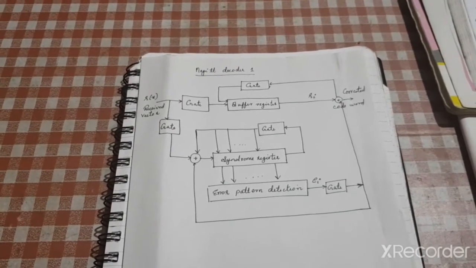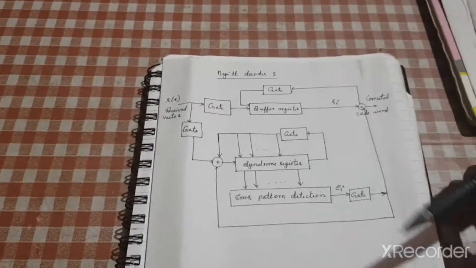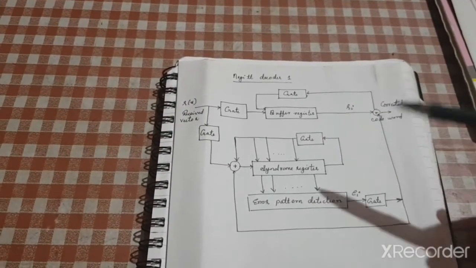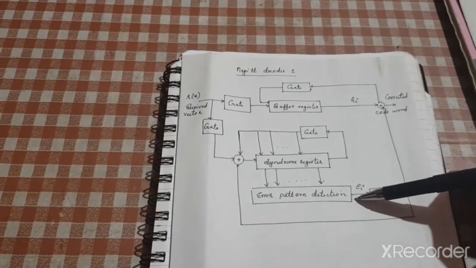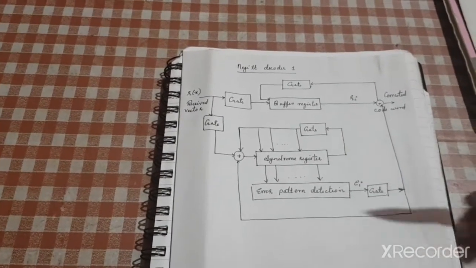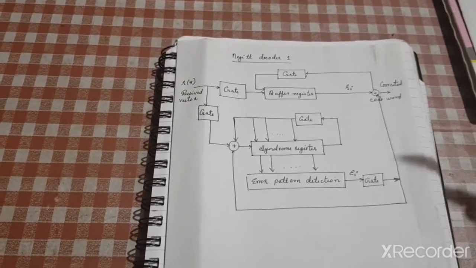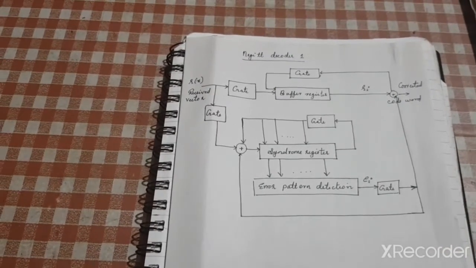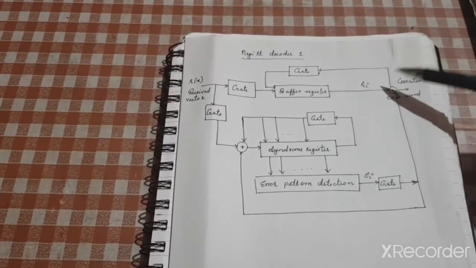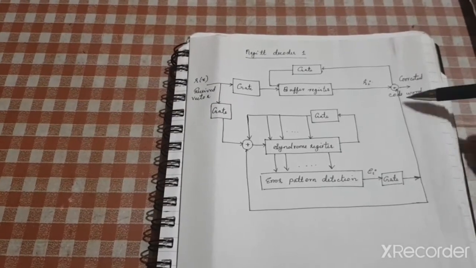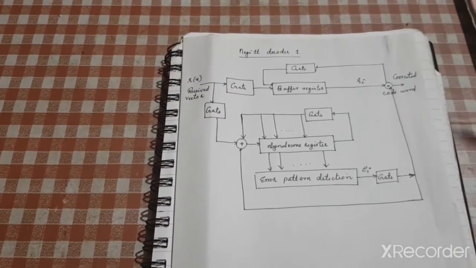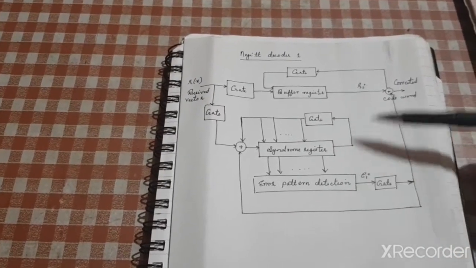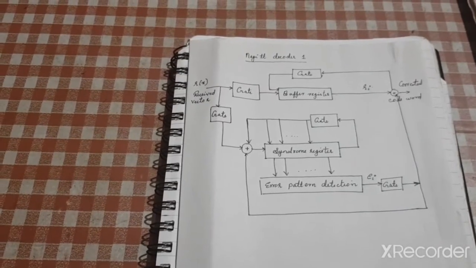Now you can see this combinational logic circuit has three different sections: a buffer register, a syndrome register, and an error pattern detection circuit. And since we have some division circuits and shifting operations, we use a number of gates throughout the circuit. And finally, to add up your received vector with the error pattern, you have a modulo 2 adder. Okay, buffer register, syndrome register, error pattern detection circuit, and the final modulo 2 adder to add your received vector with this error pattern.